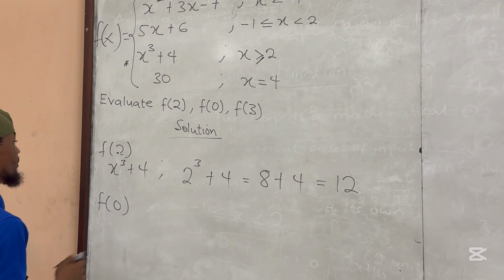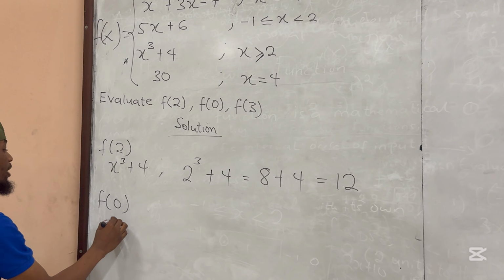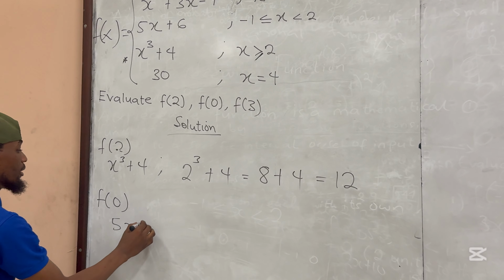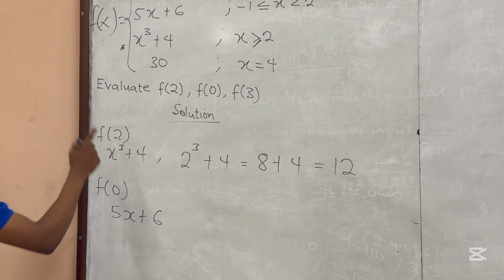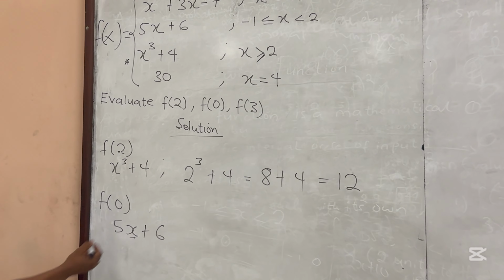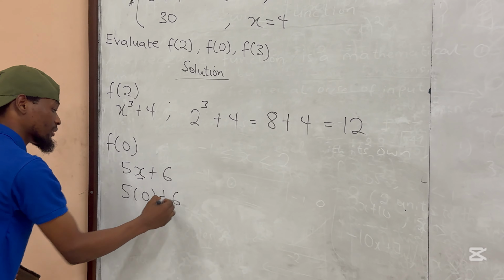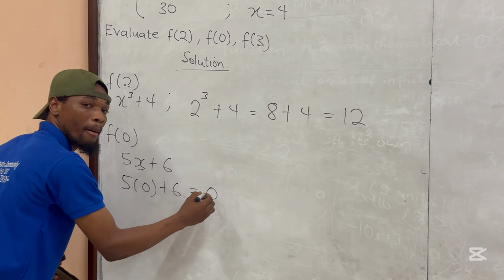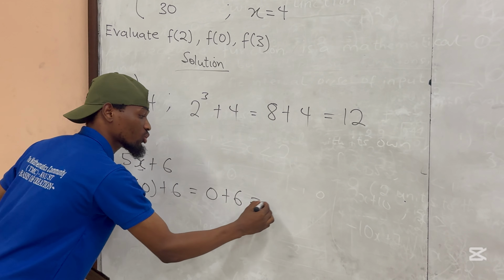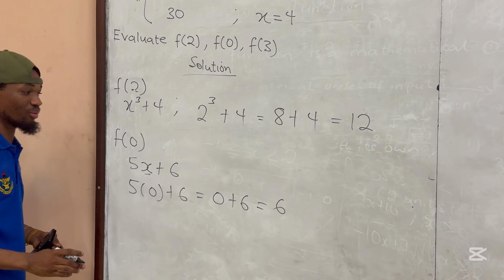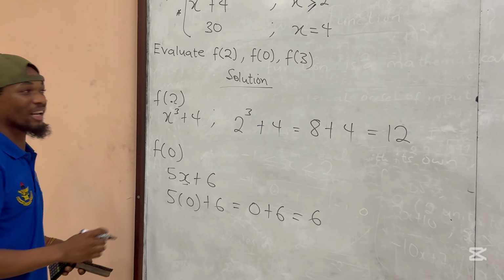So we have 5x plus 6. When you put 0 into this, I'll have 5 multiplying 0 plus 6. So we have 0 plus 6, which is equal to 6. As simple as that. And the last one is